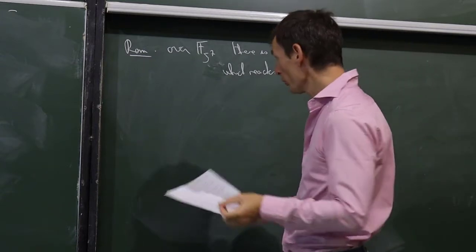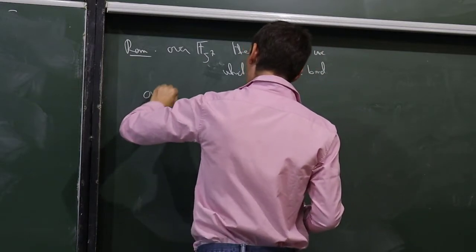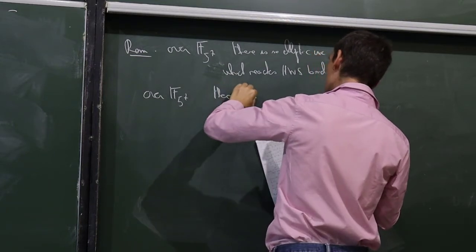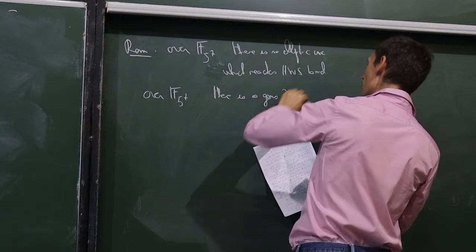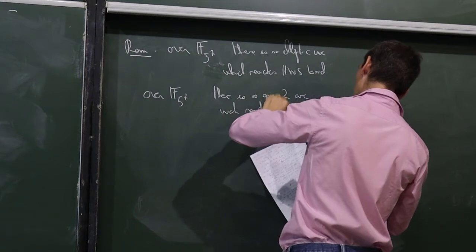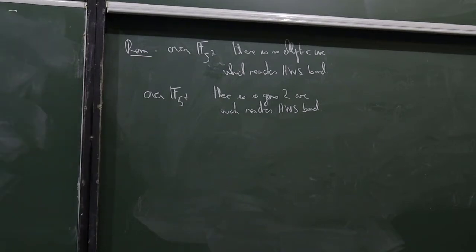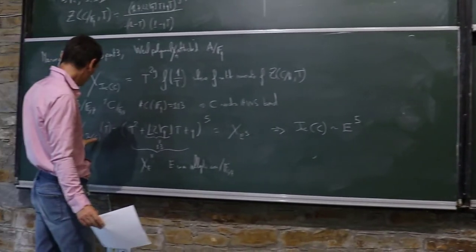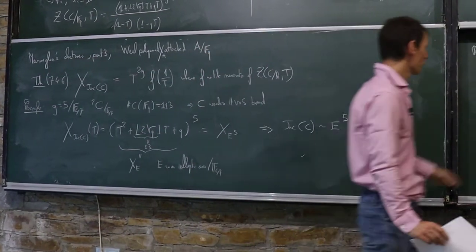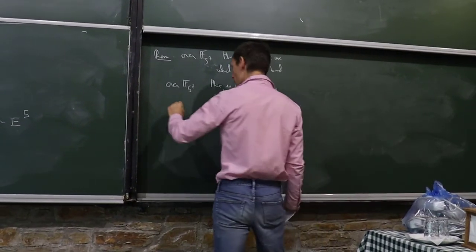So one would like to conclude that, for instance, because of the same kind of argument I have here, over F_5^7 there is no genus 2 curve which reaches the Hasse-Weil-Serre bound, simply because this Weil polynomial doesn't exist, because it would have to be the square of the Weil polynomial of an elliptic curve, which doesn't exist. And this is true, but one has to be careful, because over still